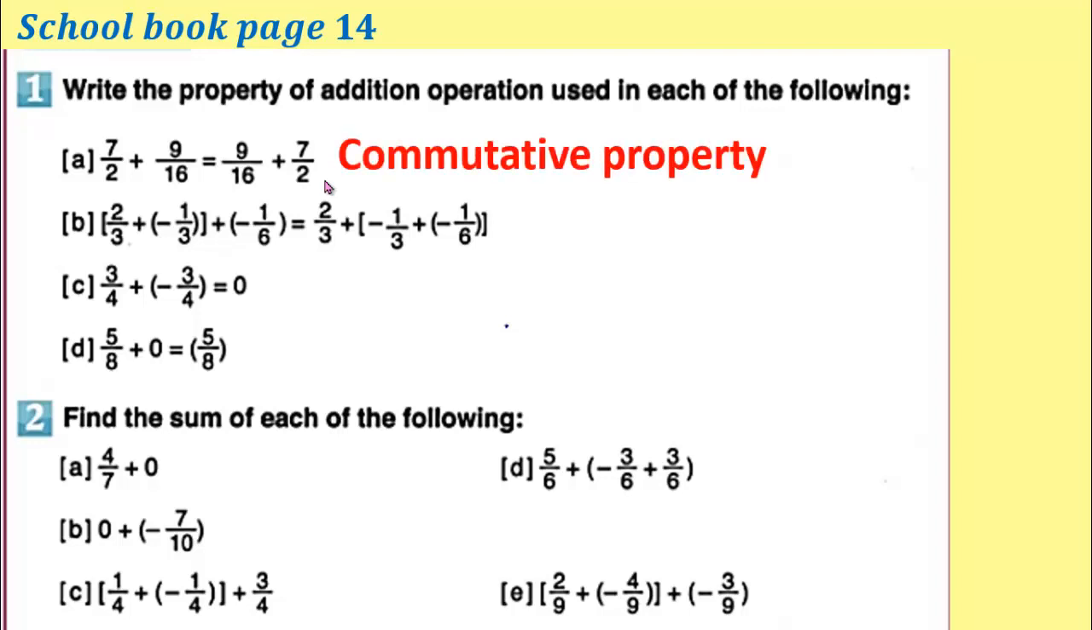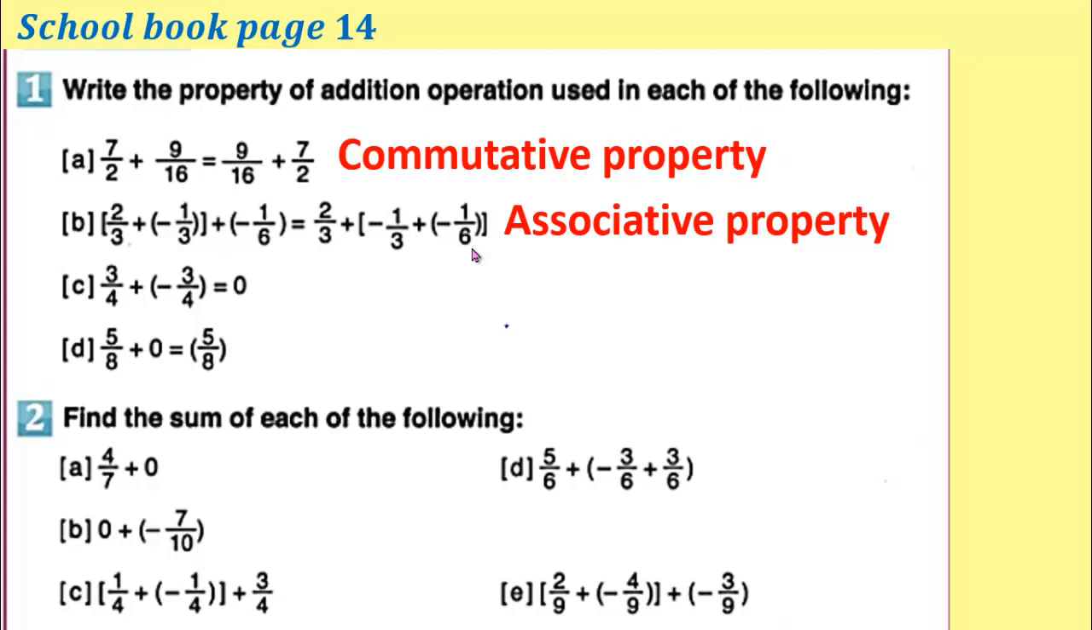Let's go now for number B. 2 over 3 plus negative 1 over 3, and those are grouped together, plus negative 1 over 6 is equal to 2 over 3 plus negative 1 over 3 plus negative 1 over 6, and those two are grouped together. All what I did here was that I regrouped the numbers, and regrouping the numbers means that I did associative